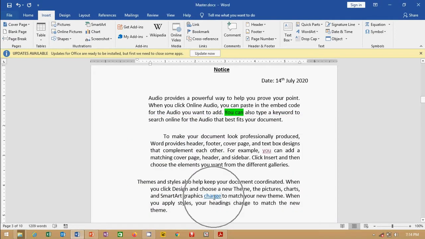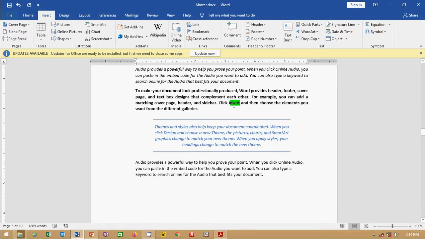If I click here, the cursor will be blinking at the fourth bookmark. So it helps to make a connection with different places apart from your document. It may be any file or folder of your PC, or it may be any website.